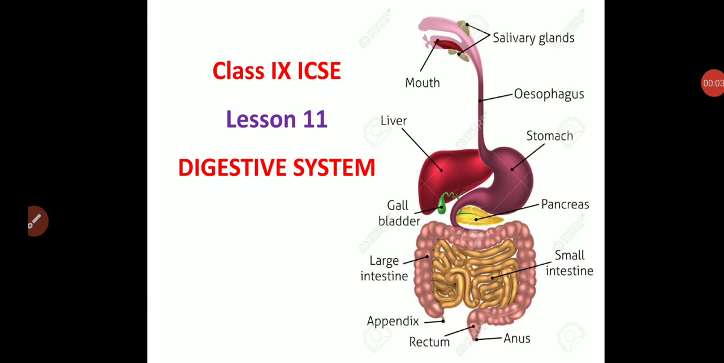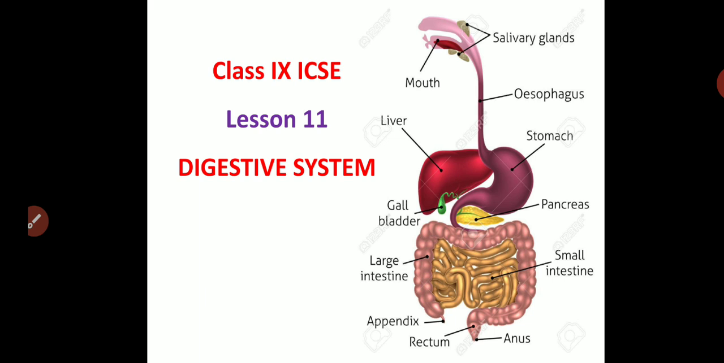Hello children, now we start the next lesson, that is the digestive system. Now as you can see in the diagram, this is the diagram showing you the digestive system. Okay, so this digestive system is very important for all the higher animals, as we survive by taking food which